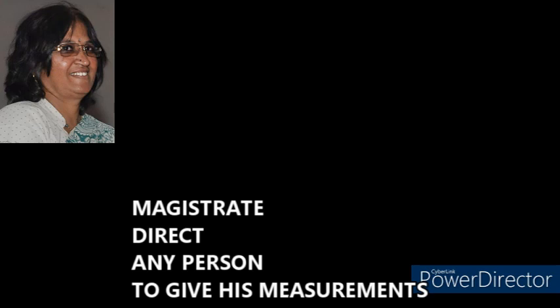Next, Section 8. Power to make rules. 8.1. The Central Government or a State Government may, by notification in the Official Gazette, make rules for carrying out the purpose of this Act. 8.2. In particular, and without prejudice to the generality of the foregoing provisions, such rules may provide for all or any of the following matters, namely: